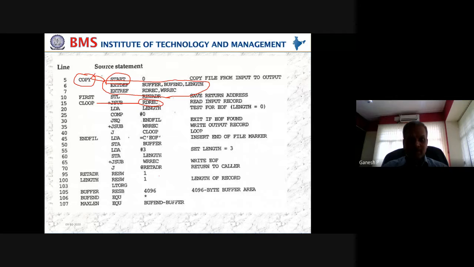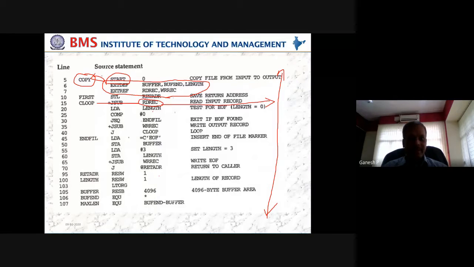So I have an issue with where it is available, because every control section is independent. So far it was a single program. I could have searched it from start to end, but now it is an independent existence. Only up to this point is this control section. This is only the range of the control section we are discussing now. Anything available within this is available to me; what is not there is unknown to me. So RDREC is unknown to me.